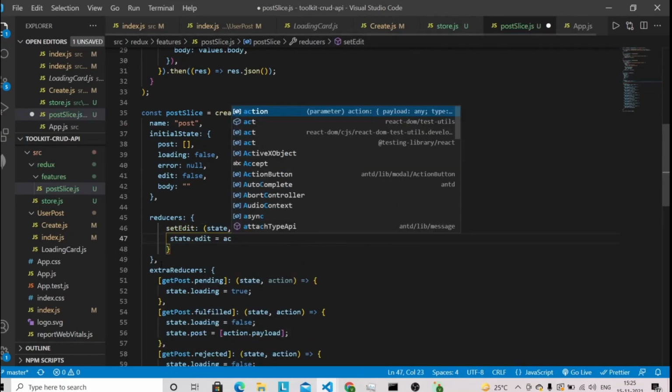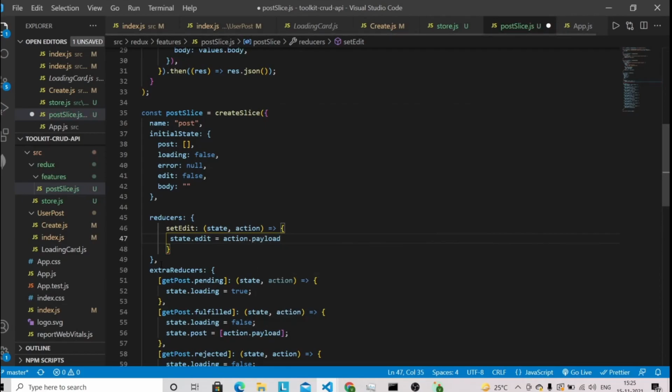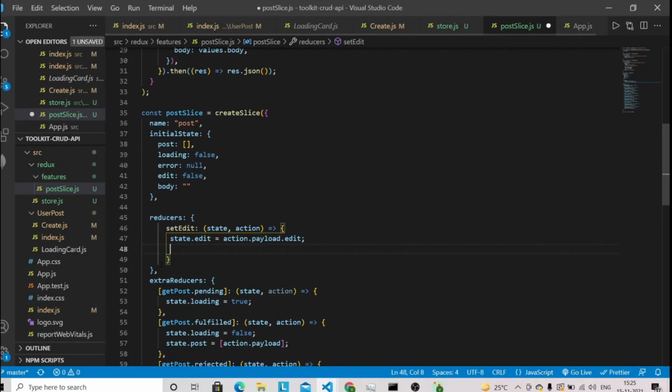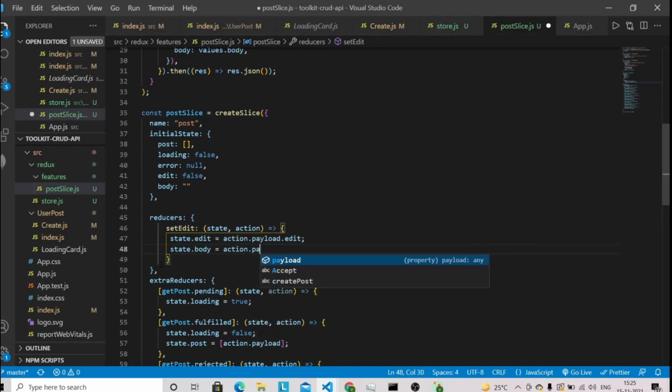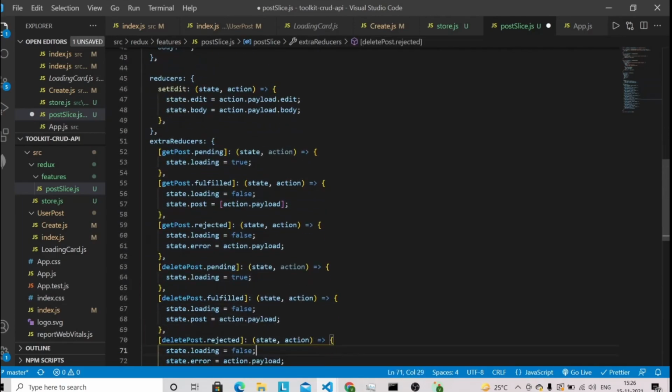Inside that we are going to do state.edit equals action.payload.edit. We are going to receive this edit from our UI component. The same thing goes for body as well: state.body equals action.payload.body. This we are also going to receive from our UI component.